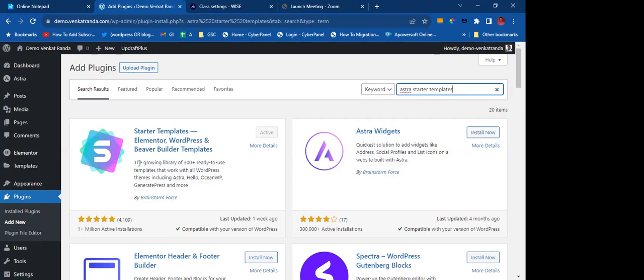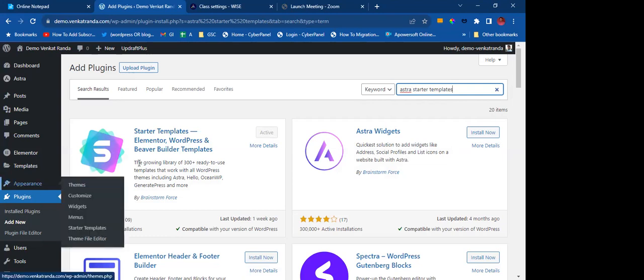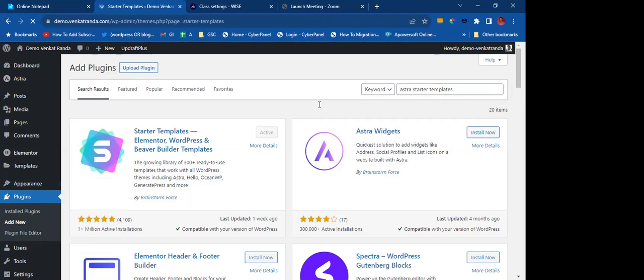The beauty with this Astra and Astra starter templates, Elementor, is that everything you can create by drag and drop. You need not touch a single line of code. That's the core advantage in this process. So here you have to